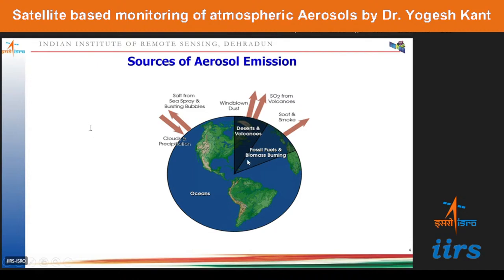Volcanic ash and dust consist of around 17%, and the aerosols coming from biomass burning, that is soot and smoke, consist of around 11%. So it means the natural portion is around 87% or 89%, and the anthropogenic is around 11%. Having said that, the proportion is less, but the impact of the anthropogenic aerosols on the environment or on the climate is very, very high.